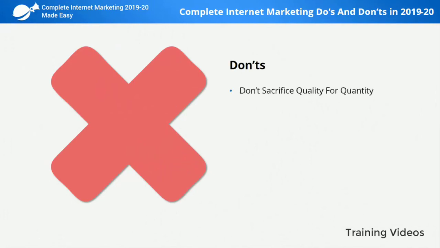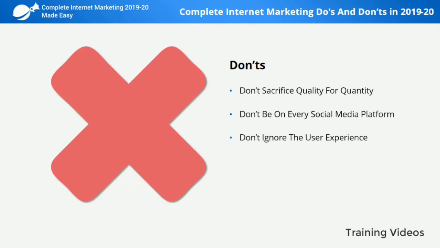You don't have to create a daily blog post or to message people on social media 10 times a day. You just have to set a fixed schedule and release original, high-quality, properly researched, and valuable content pieces to stay relevant. Don't be on every social media platform. You don't have to create a profile on every social media website imaginable to build an audience. You just have to find out what social media platforms best suit your business and focus on sharing highly engaging content on those.